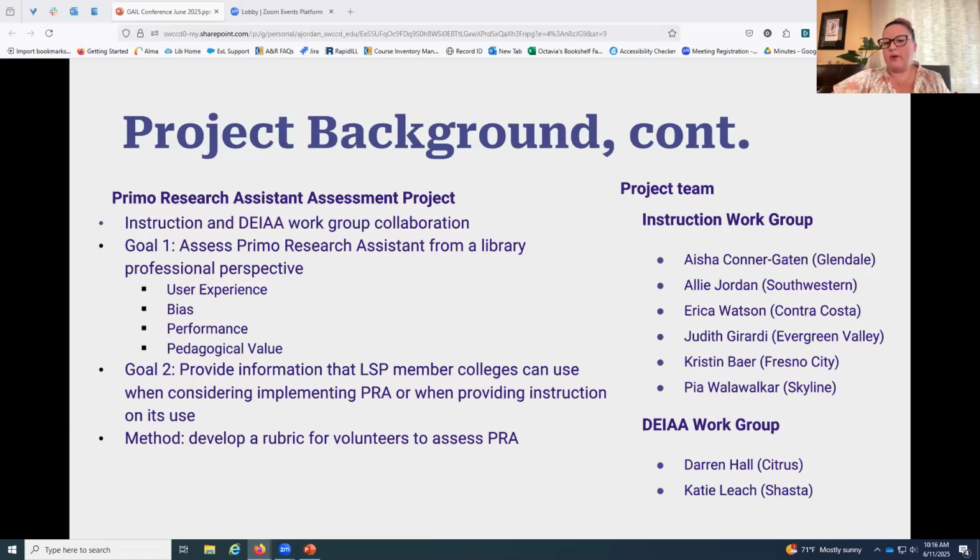This was not a full norming process, but just an overview, answering questions about how this study would be done. And then they completed their assessments in mid-April. So this was a pretty ambitious timeline. We did want to conclude this work in the academic year. And again, Darren will talk a little bit more about that rubric and the particulars of that rubric.